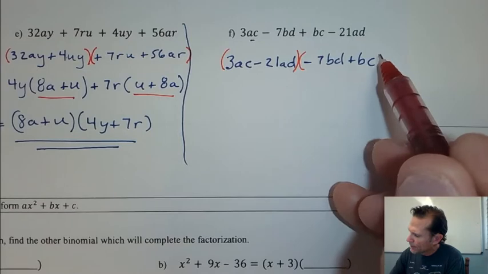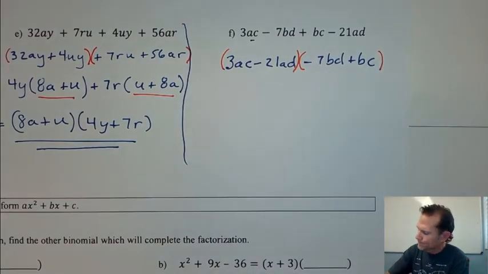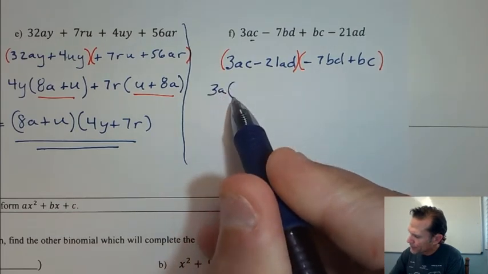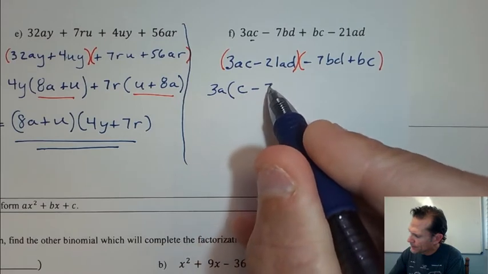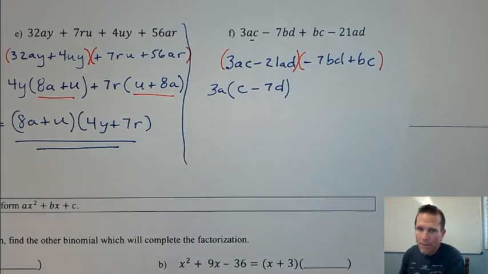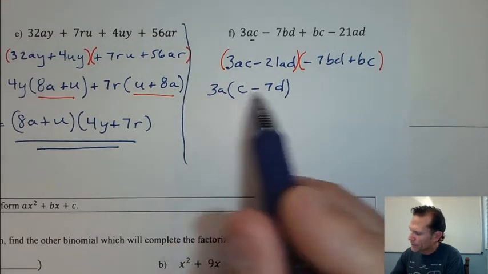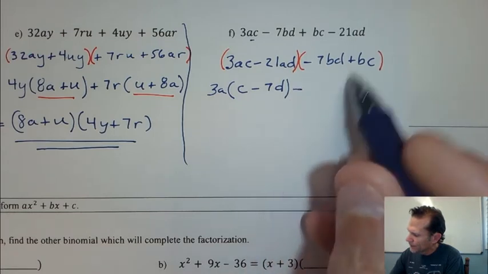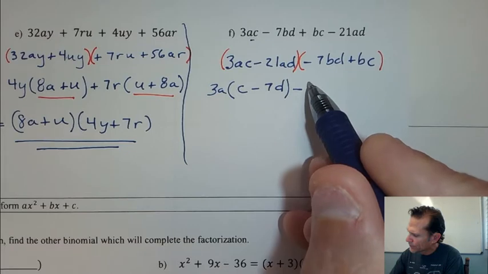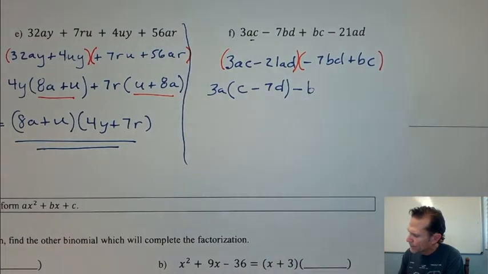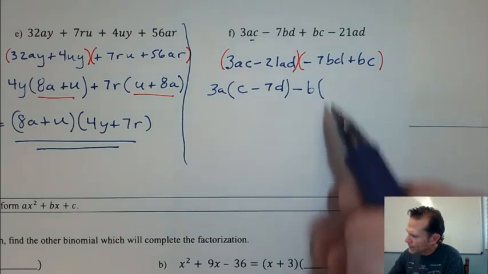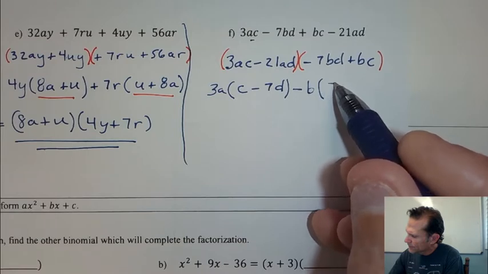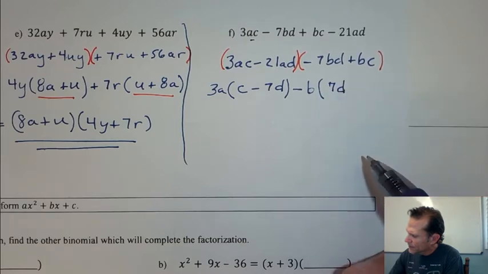Hopefully you're getting in the habit of doing these. Next, I will factor out a 3a from the first binomial, and I'm left with c minus 7d. And you can check that. It works. And then here, I'm going to factor out a negative, and the only thing in common is a b here. Okay, so I factor out a negative b. All right, and then I have, let's see, I have 7d minus